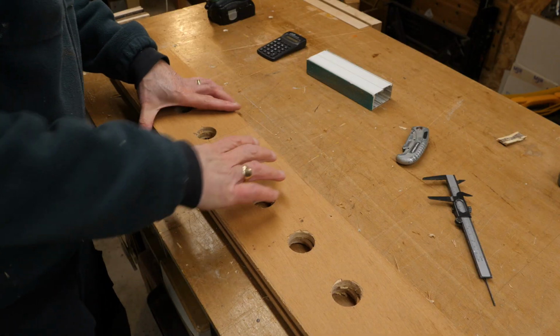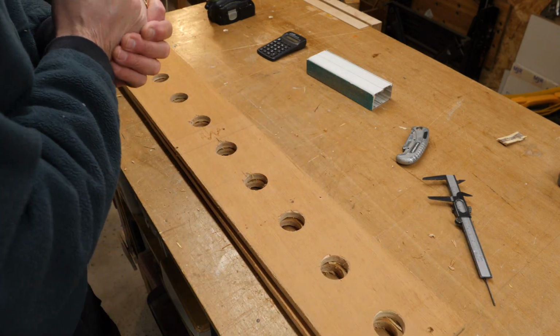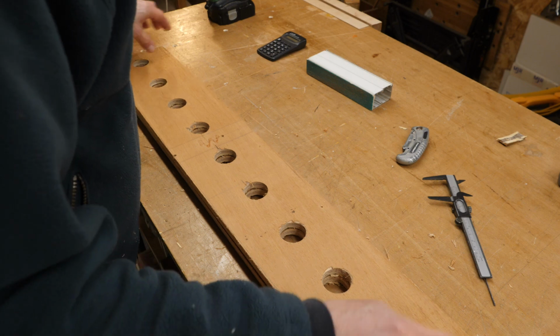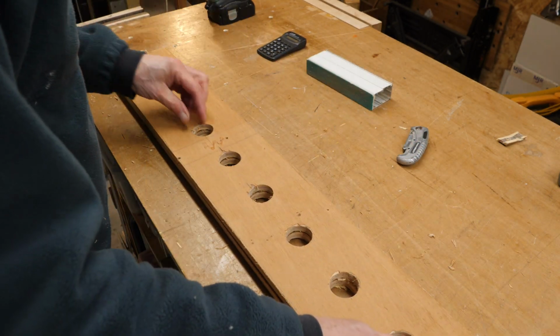Well, that's all the holes cut out of the two pieces. Obviously the machine's not talking to me today. Perhaps it doesn't like me calling it a drill press. Anyway, right, let's